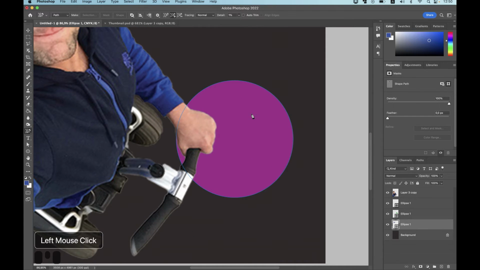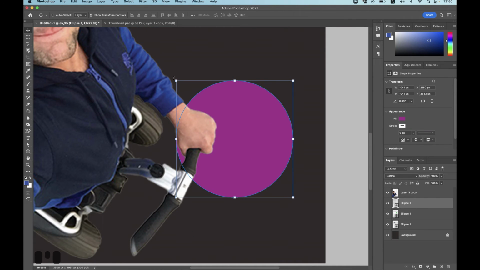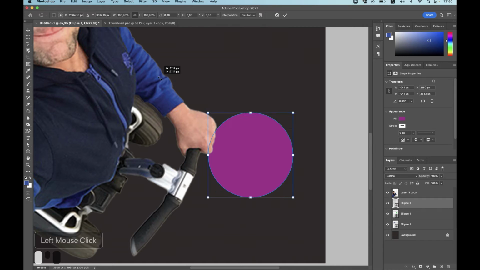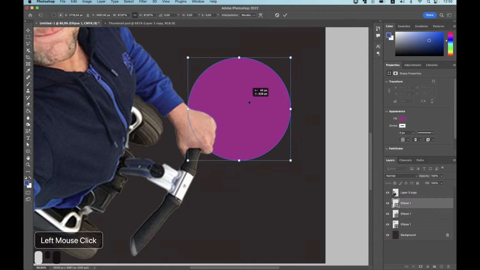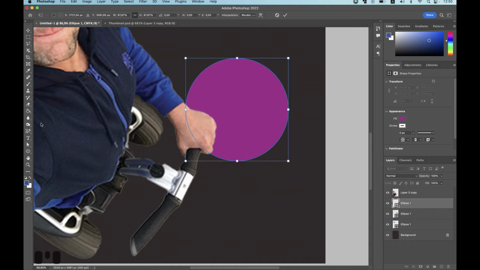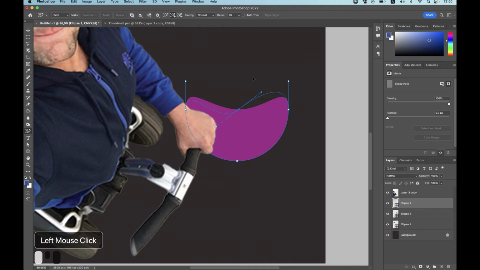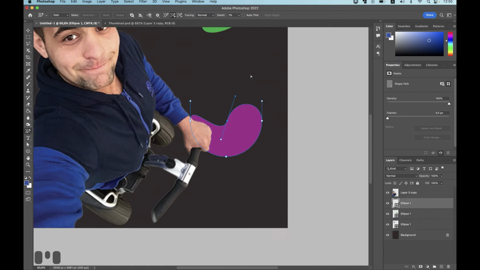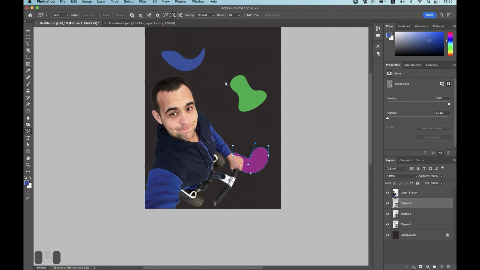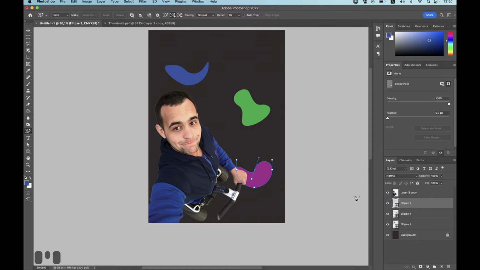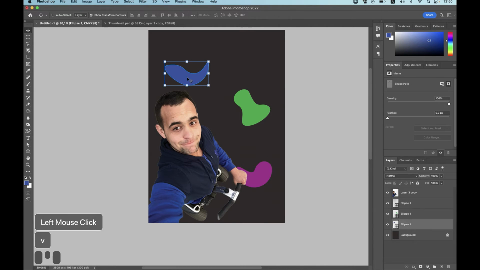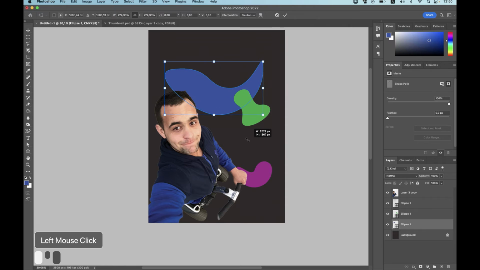And with that ellipse, with V, we can change the scale or move it. With the Content Aware Tracing Tool, we can change the sides, the tracing. Let's zoom out. And now it's more interesting than it was. Let's make it bigger.